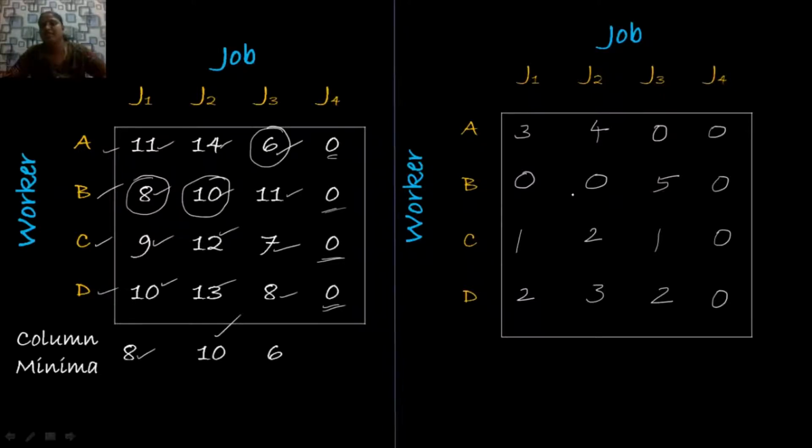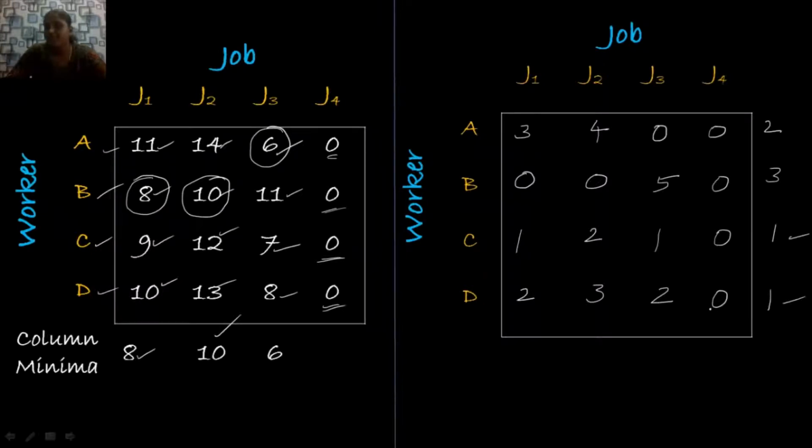Now we are going to give an assignment. For that, let me write down first the number of 0 elements in each row, outside of the matrix like this. The first row has 2 zeros, second row has 3 zeros, third row has only 1 zero, and the last row has 1 zero. So we always give first preference to the rows which have fewer zeros. So here the third and fourth rows have only 1 zero. So we give the first assignment either for the third row or fourth row. That is based on our choice.